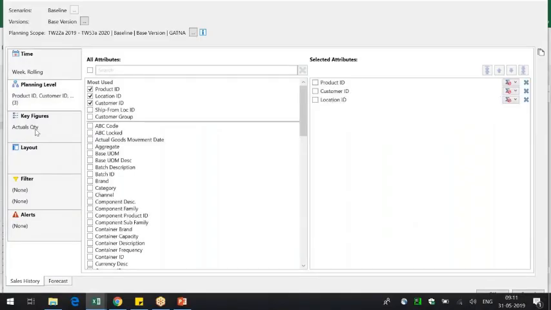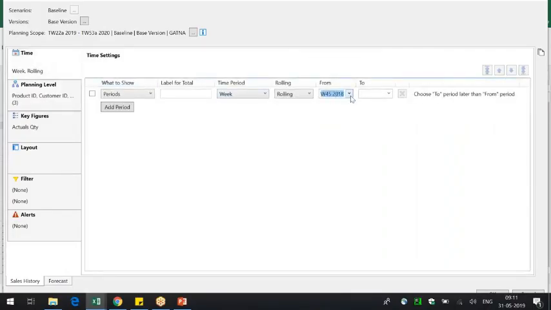We have a key figure called actuals quantity. Okay, now I'll go to the time bucket here. Let's say this is in week, and then I want to view not week 14, let's say week 17.